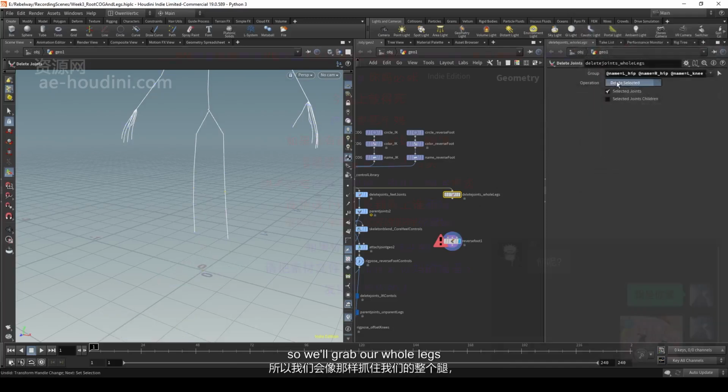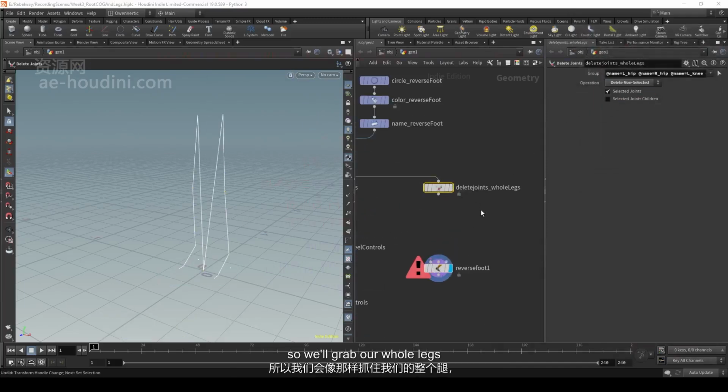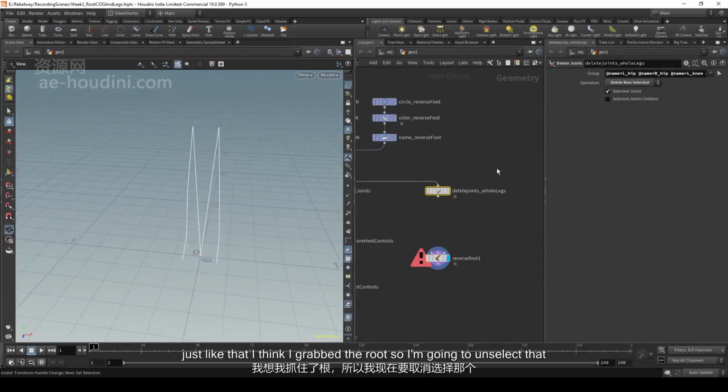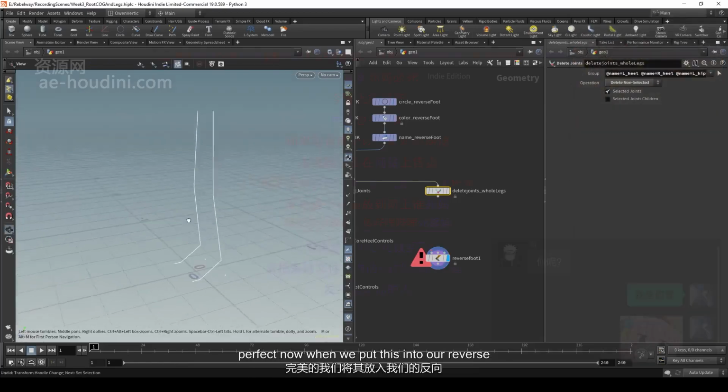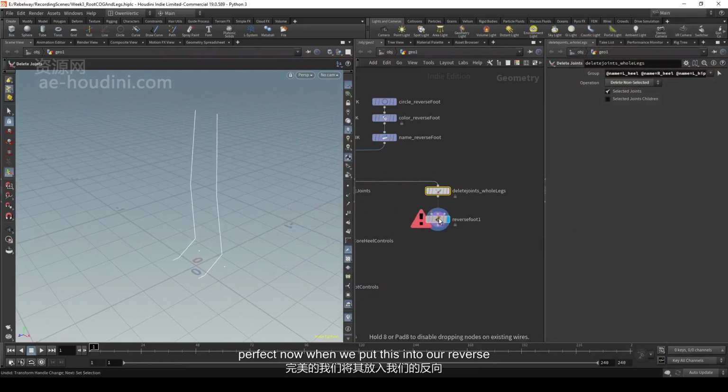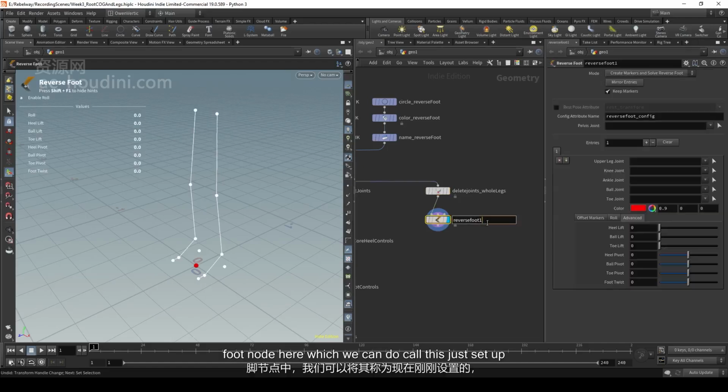So we'll grab our whole legs just like that. I think I grabbed the root, so I'm going to unselect that. Perfect. Now when we put this into our reverse foot node here, which we can just call setup for now,